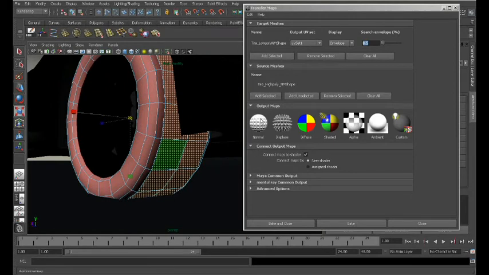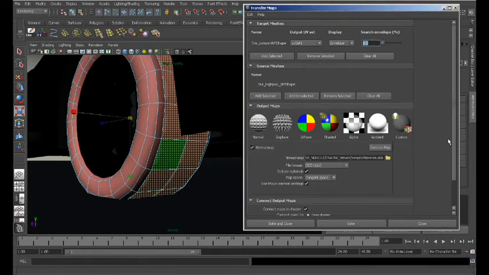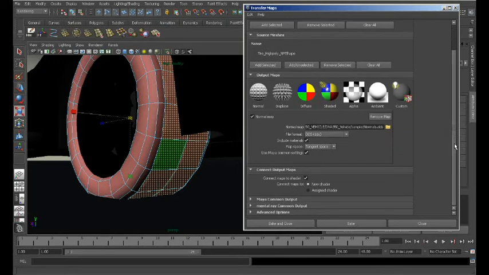And I'm going to come down here to normal, select my output maps. In this case we're doing a normal. I'm going to make a bitmap. This right here is where you select your location for outputting that. I'm not going to include my materials. I do want tangent space, and we are going to use my common settings, and in connect output maps we'll select